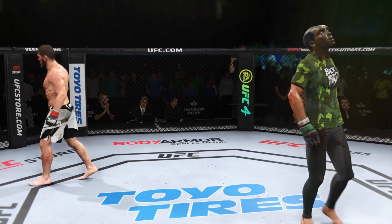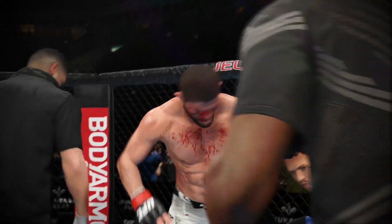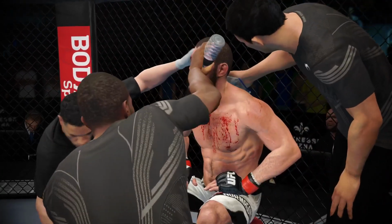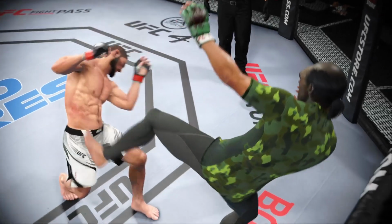All right, there's the horn indicating the end of the round. So potentially a big factor here, ladies and gentlemen: the cut on the cheek sustained in that round. Certainly better to be below than above the eye, but the cut man's got to get in there and close that thing up. All right, we now take a look back at some of the highlights from that last round,